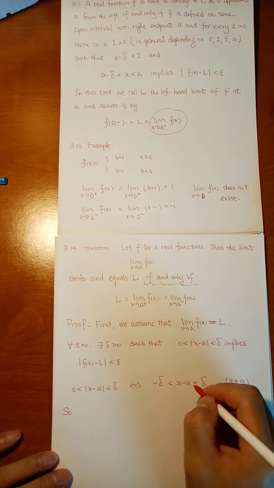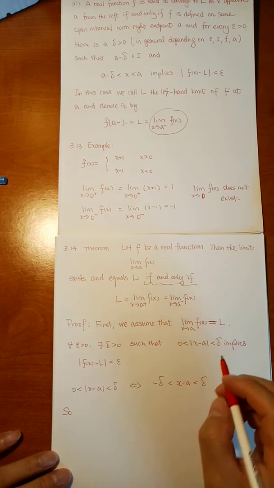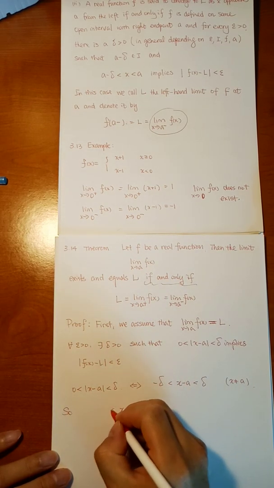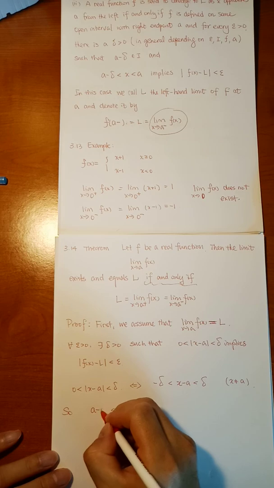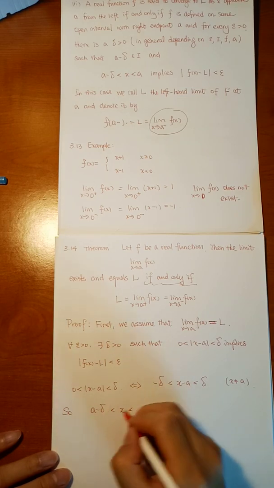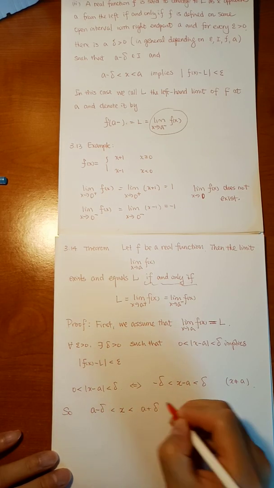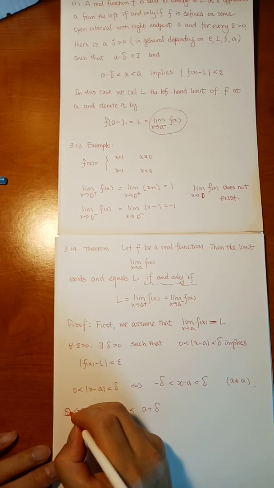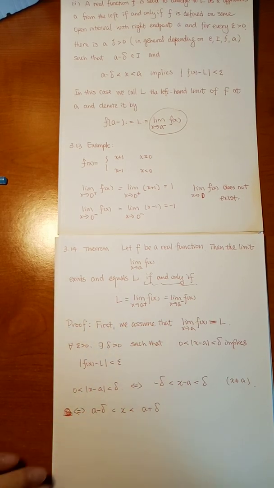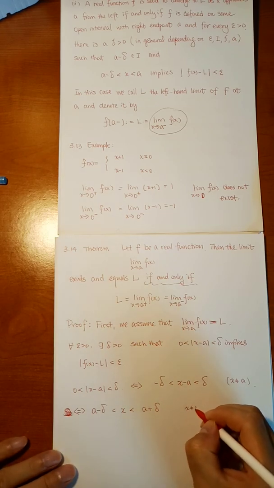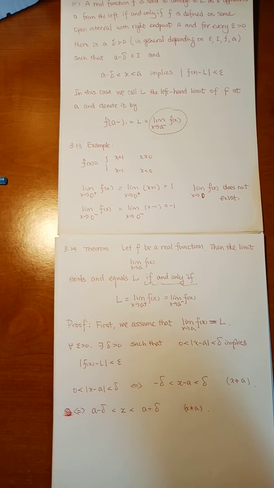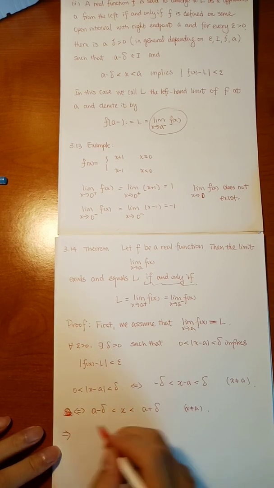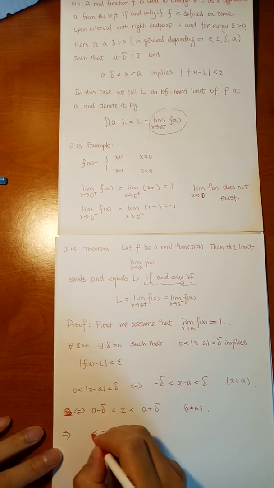You add a to all three sides, and you will get x between a minus delta and a plus delta. This is still an equivalence. And x is not equal to a. So this implies, and this is not an equivalence, this implies x,